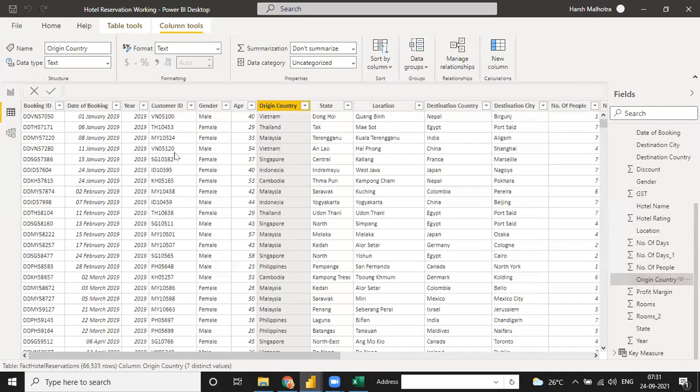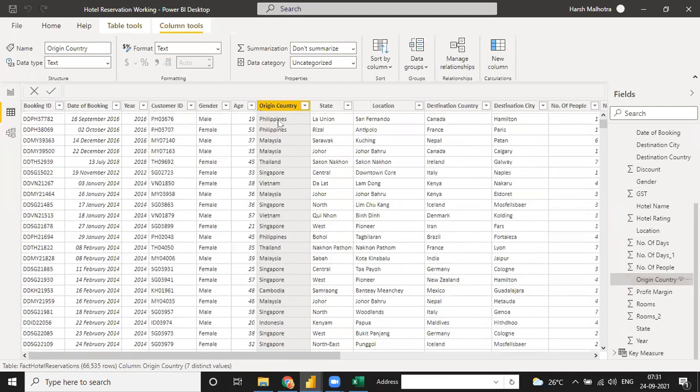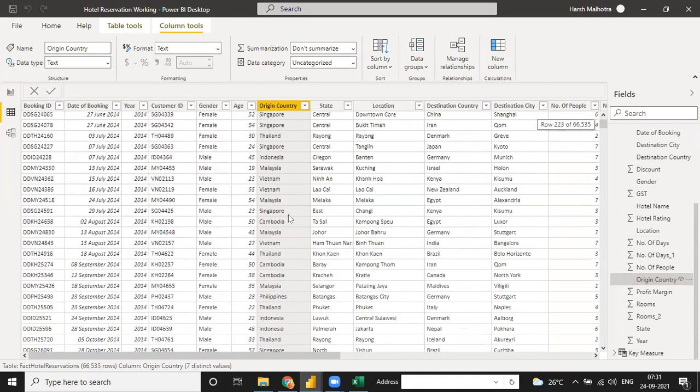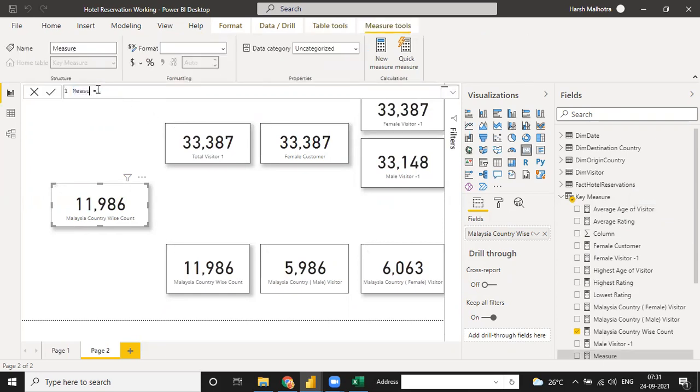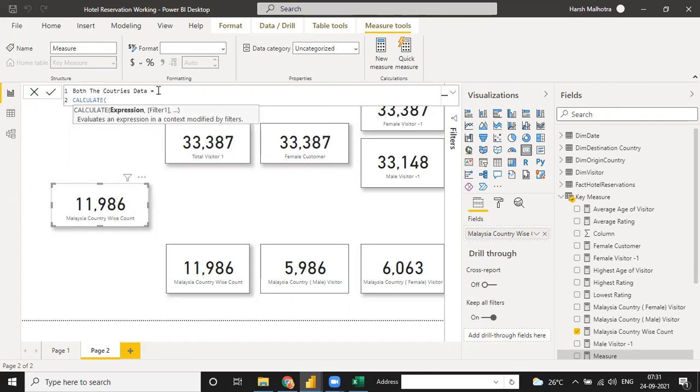Origin country. Calculate total customer.